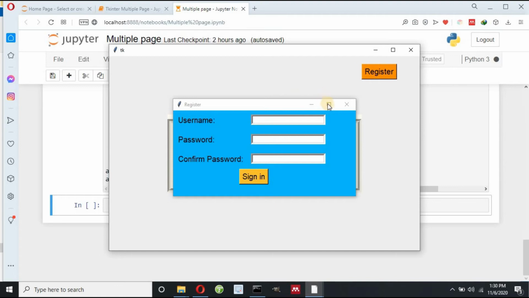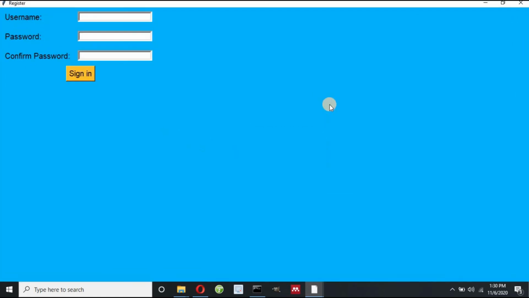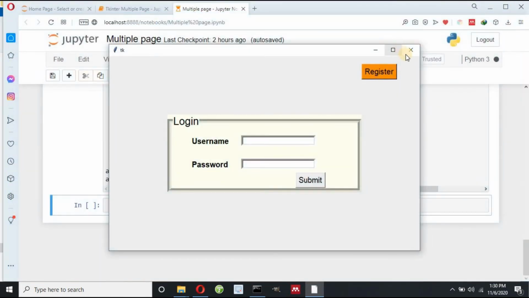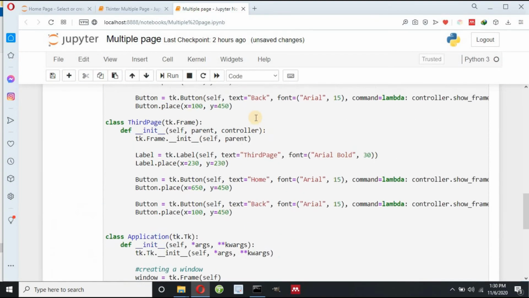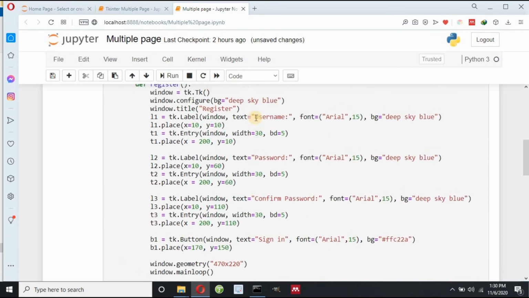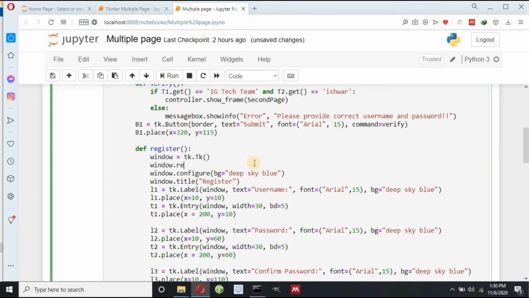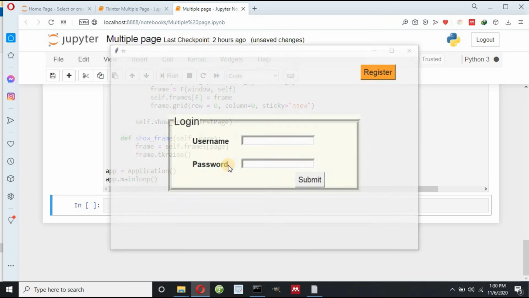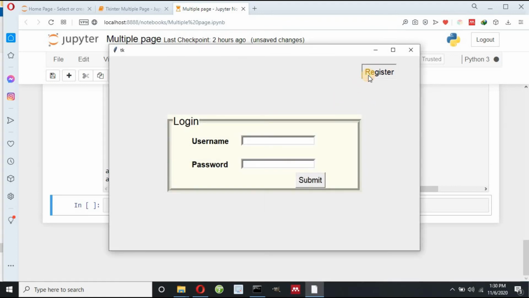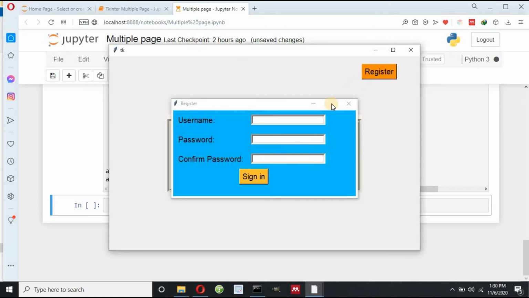One thing, if I click on this maximize button, it will get maximized, but I can delete this maximize button. So I can write here in this window page, where is my window, so this is my window page, I can write here window.resizable, I can pass false values, 0 0, and if I click shift enter, if I click register, now you can see there is no maximize button here.